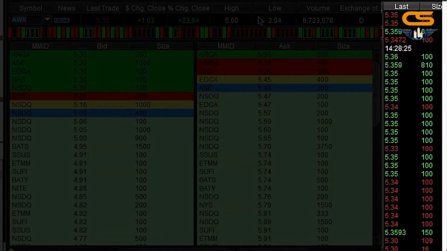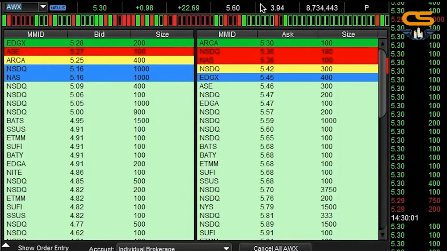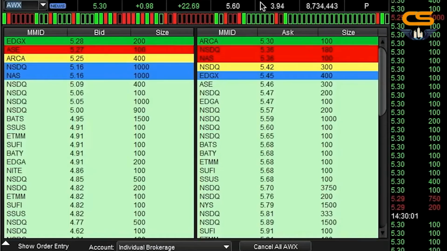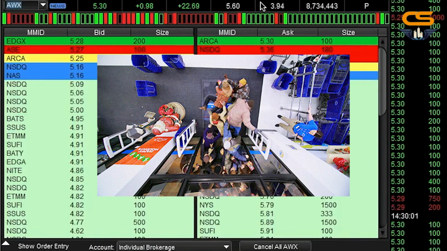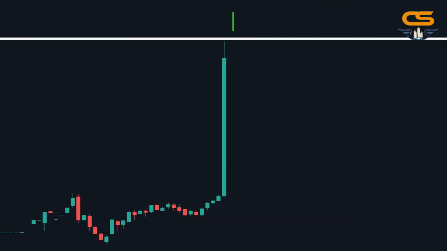We don't necessarily need to be looking at the numbers, but we want to be looking at the colors and how fast it's moving. If we wanted to go long, because we think it's about to break that key resistance level, we want to see tons of green in the time in sales window, telling us there's a lot of buying going on. Not only that, but we want it to be moving fast, almost like one of those money counter machines. If the time in sales is showing a lot of green and it's moving fast, this is telling us a lot of buyers are coming in at once in a short period of time,